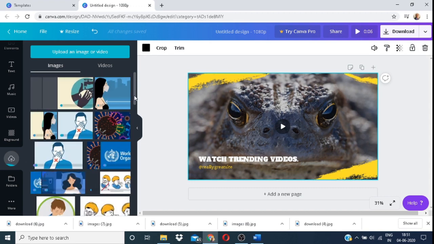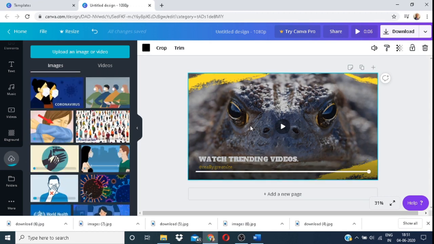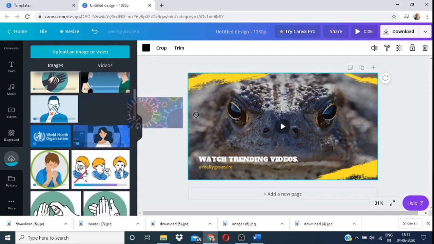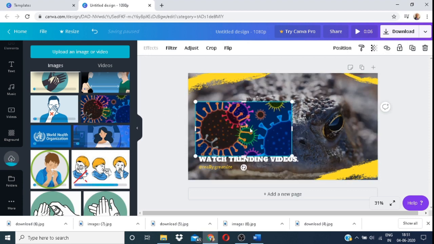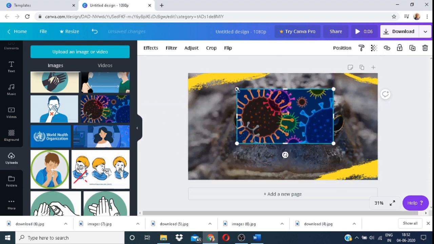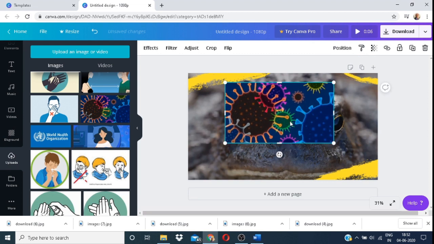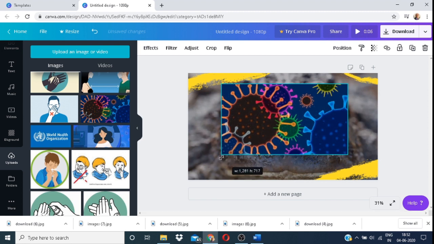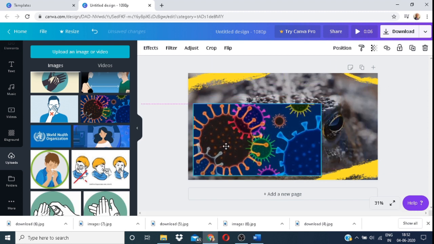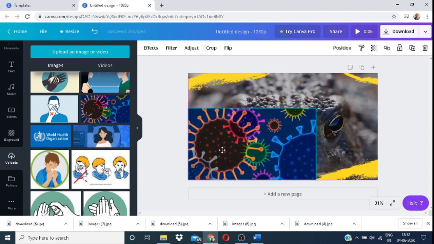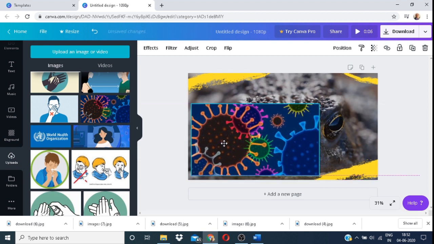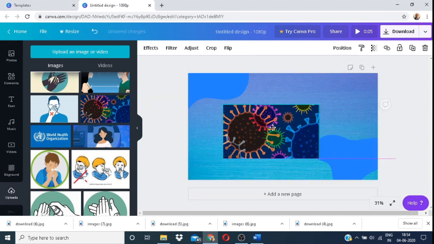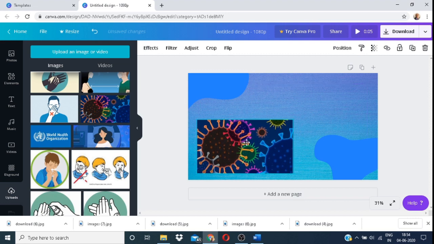Yes. So now I'm going to create my cover photo, and we can start with the creation. So just drag the photo and keep it over here. The frog doesn't quite suit my project, so I am soon going to change the background that I chose earlier. I am going to drag it and paste it over here.